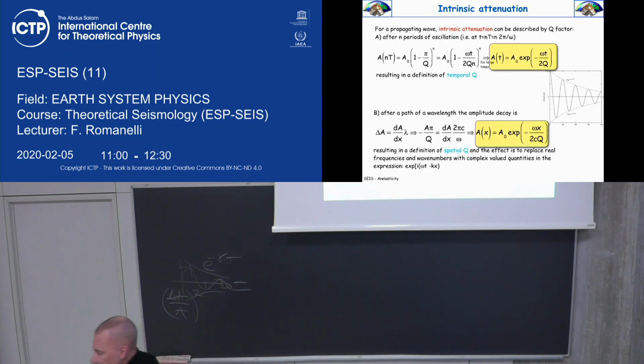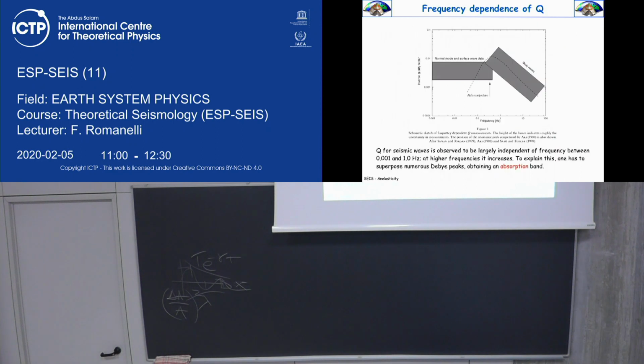And we can look at the experimental measure of an integral Q of the Earth, looking in time, like this one, or looking in space, thinking about wavelengths. So if you change this to not t, but x, that's a wavelength, while before it was a period. It's the double nature of a wave, space and time. Okay?